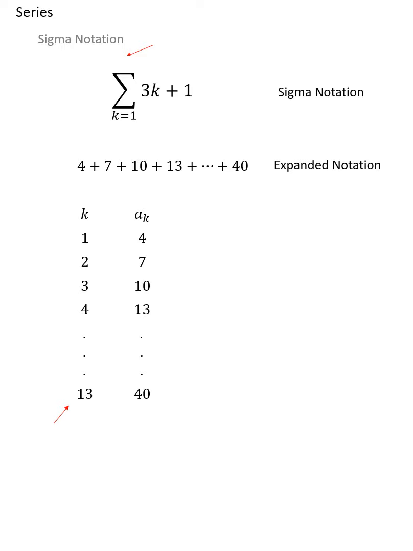If you're not comfortable with the counting, you could always use algebra and set the general term equal to 40. After all, we want to know what value of k makes this 40. It makes sense to use this equation to do that. And if you did solve this equation, I won't show the work here, but you would in fact find out that k equals 13. That tells me that 13 is my upper limit,